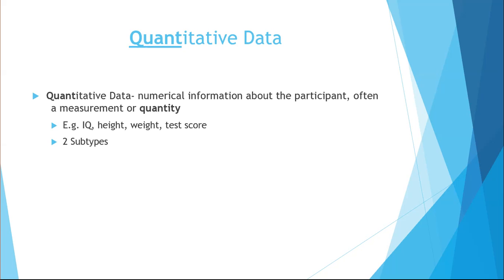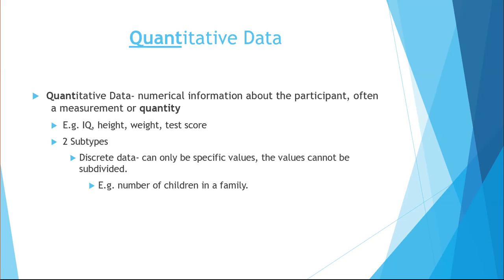There are two subcategories of quantitative data, discrete and continuous. Discrete data are variables whose possible values can be listed, such as number of children in a family. You can't have 2.5 kids or 2 3/4 of a kid. You can only have whole numbers. Continuous data are variables which can take any value within an interval, such as height. When measuring a person's height, it is very easy to get a decimal or fraction associated with the main number.